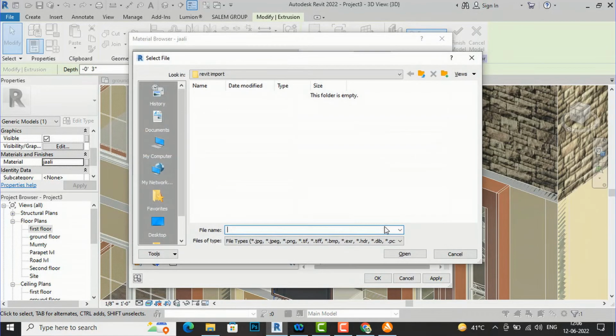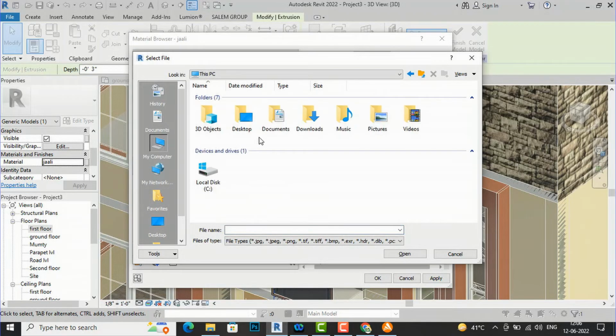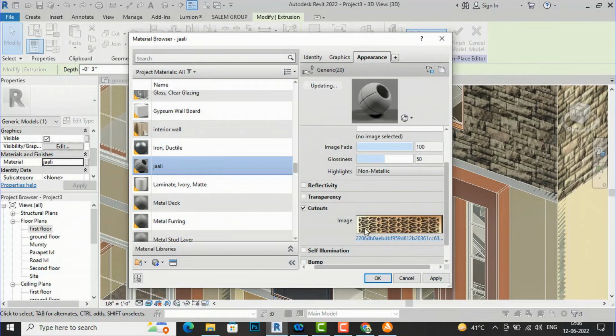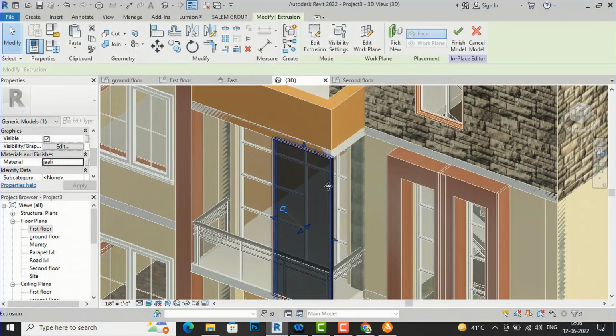select the images. So I have downloaded my jali images, so I have made a tutorial on how to make jali in Revit. You can go to my playlist and see the tutorial. So I'm going to my computer, and I'm going to downloads, and I have downloaded this jali here, and you can see this jali. This scale is less. I will tell you how we can change. First I'm going to apply OK,